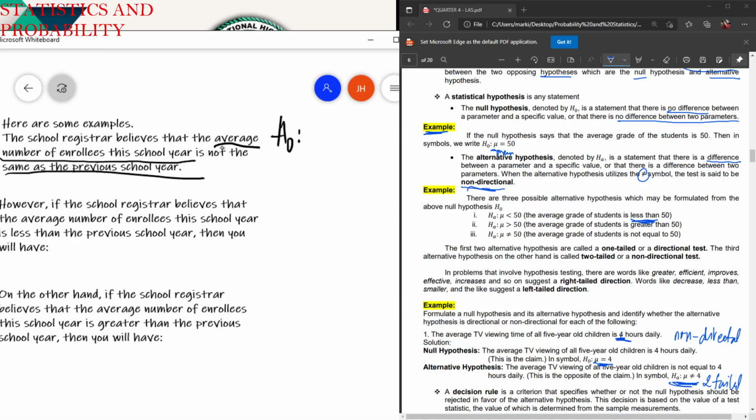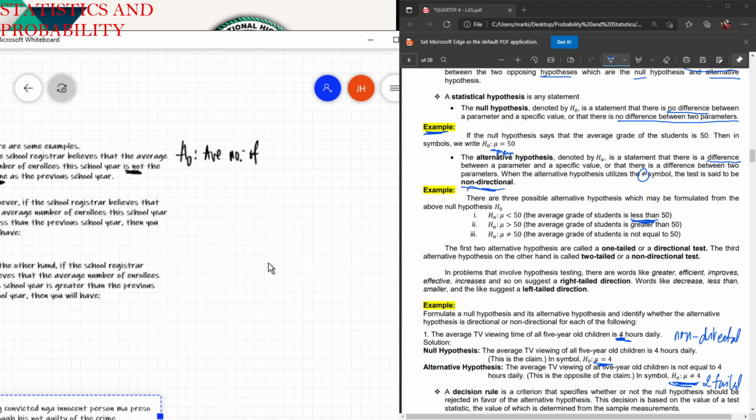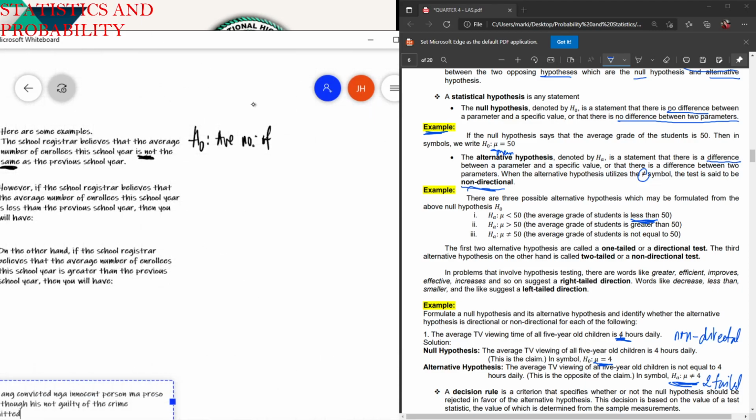So what is the clue? Is not. So it's not the same. When you see it's not the same, what is given in the problem is actually the alternative hypothesis. So that is already the clue. Therefore, our null hypothesis is the average number of